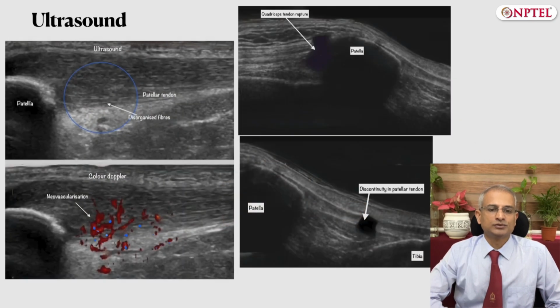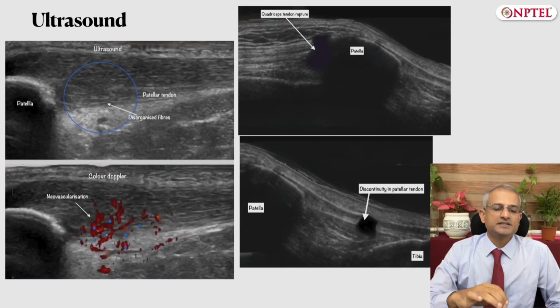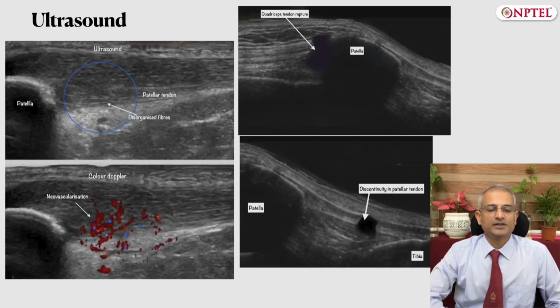This next slide shows some of the ultrasound and the Doppler images. You can see that it can easily pick up tears or discontinuity in the tendon and a local hematoma forming in the tendon or the ligament. It can also pick up disorganized fibers of a tendon that can be seen in tendinosis. And a Doppler can pick up vascularity in the tendon, which generally should be avascular and can help you make the diagnosis of tendinosis.